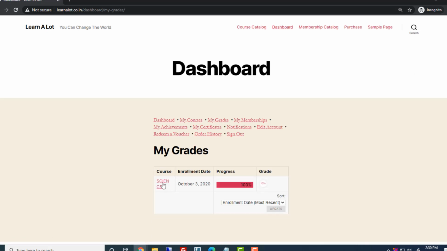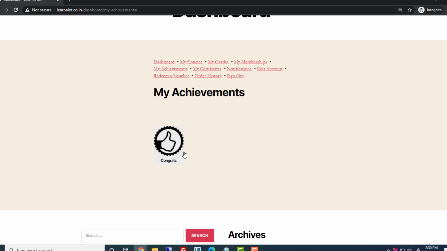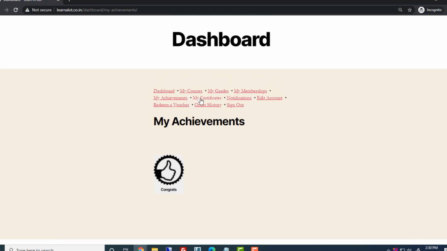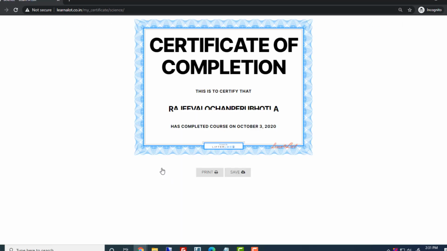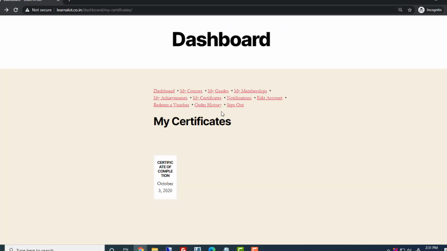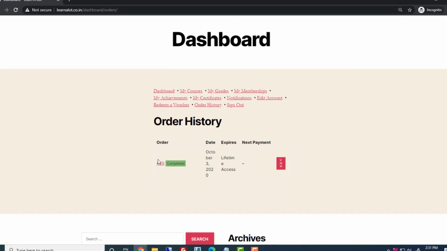Here the student can see his grade, achievements, and certificates. Here students can save or print the certificate.